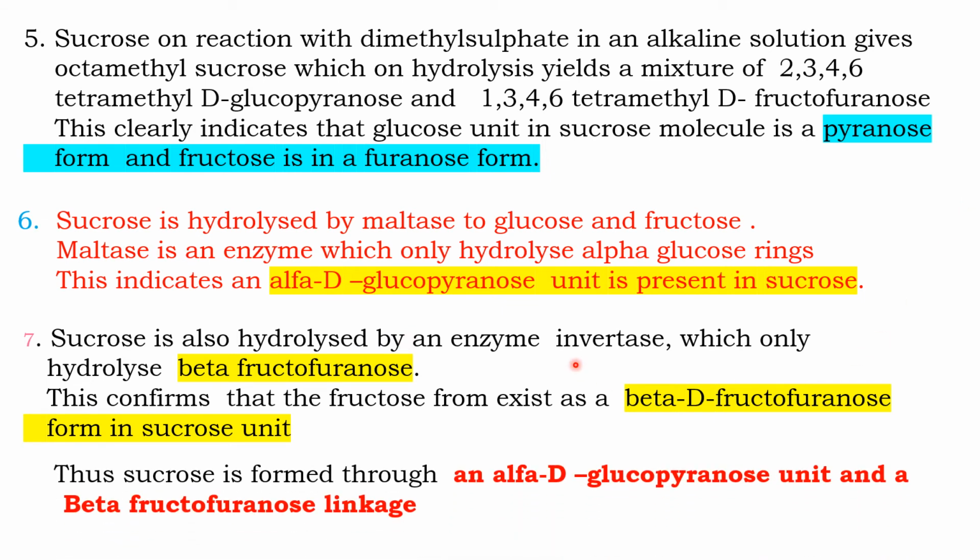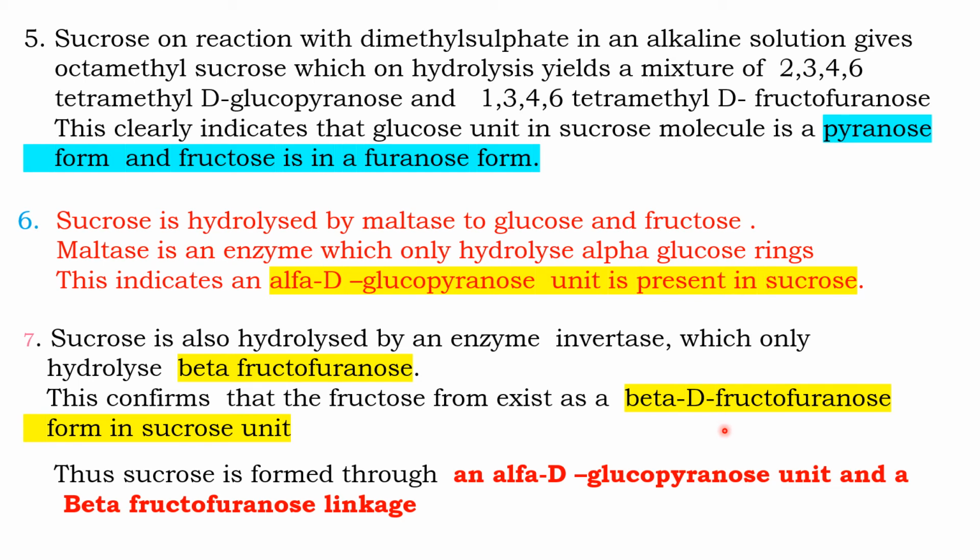See here, sucrose is hydrolyzed by an enzyme invertase. It is the enzyme invertase which only hydrolyzes beta fructofuranose. So the enzyme invertase converts the sucrose molecule to glucose and fructose. So it again confirmed that in the sucrose molecule it is beta D fructofuranose. So we have confirmed